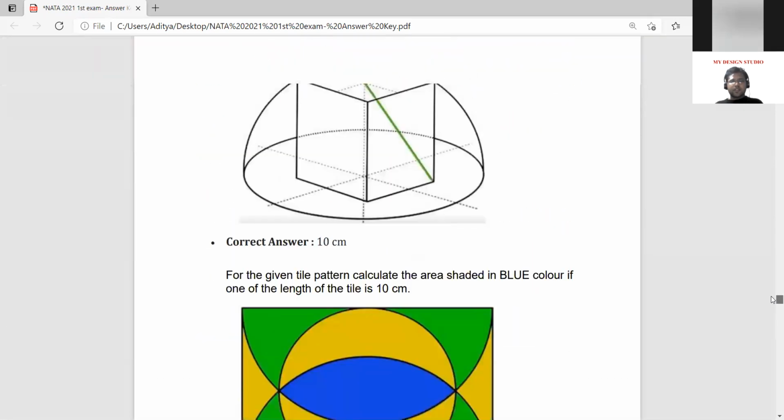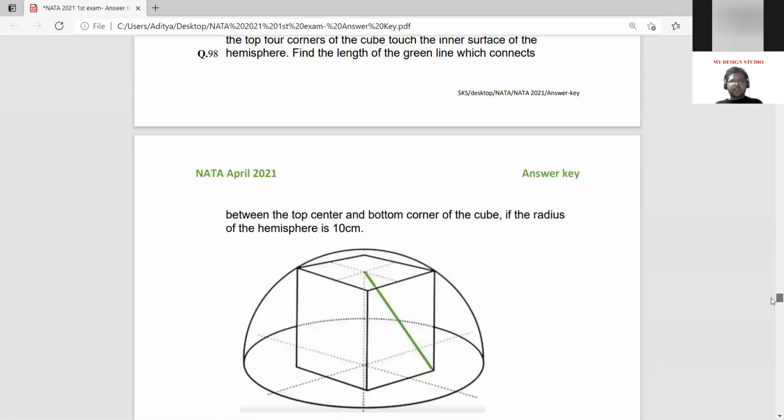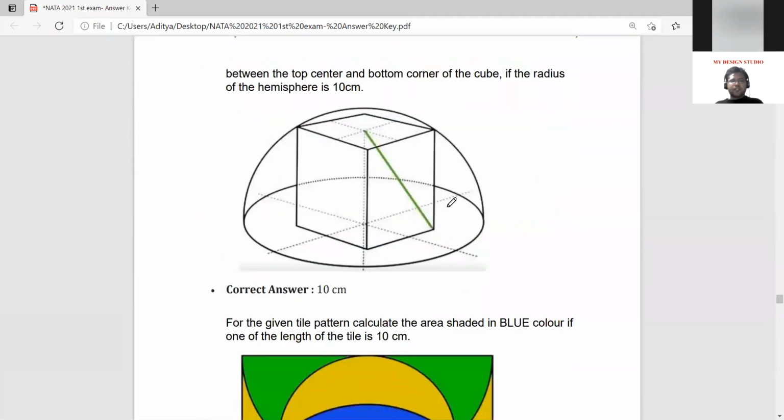So here we are starting at question 98. Now this question, when one looks at it, there is a lot of calculation involved. But one very basic thing that we need to understand is that we need to visualize this whole diagram in 2D. So if I simply imagine a semicircle and draw the base, now I just need to imagine that there is a square within a semicircle. If I can solve a square within the semicircle, then I can solve this whole diagram.